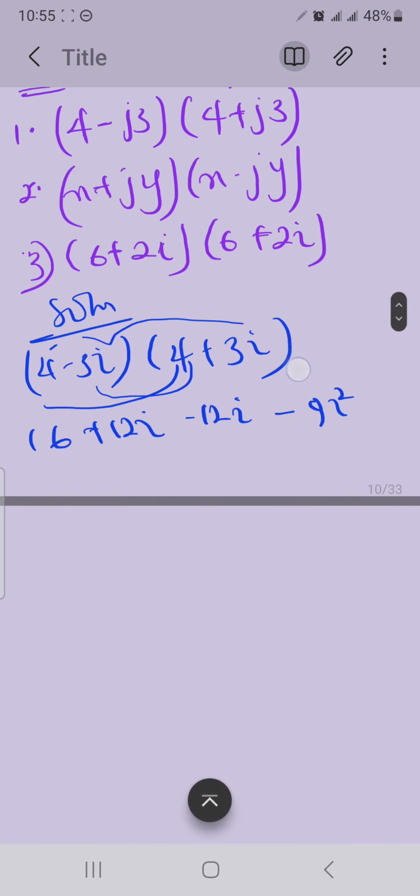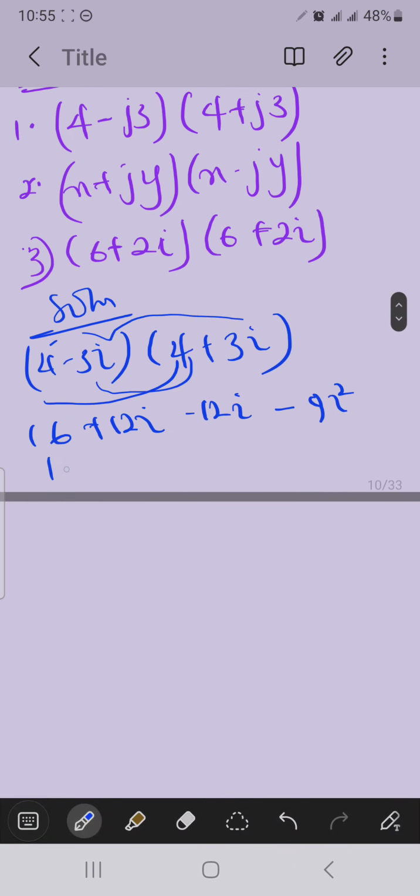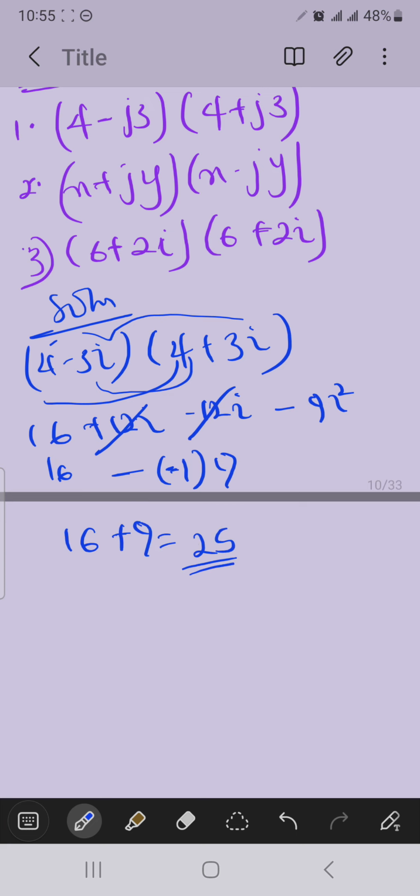So we have this to be 16. This one comes with this minus i squared. What is i squared? Minus 1, 9. So we have 16 plus 9. We have what? 25. The second question, I have x plus y